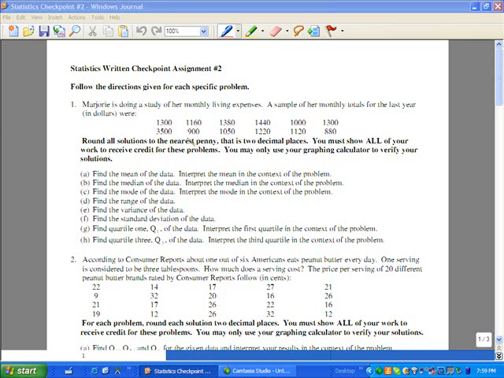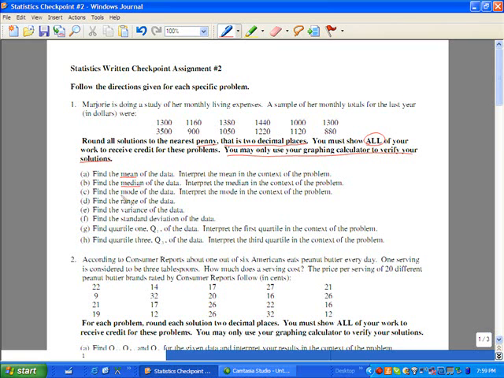It says round all solutions to the nearest penny, that is 2 decimal places. So you need to follow these directions very precisely. You must show all of your work to receive credit for these problems. You may only use the graphing calculator to verify your solutions. This is the one and only time I will ask you to show me your work and how you find